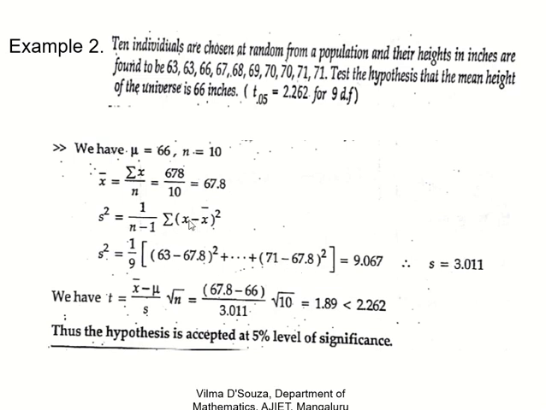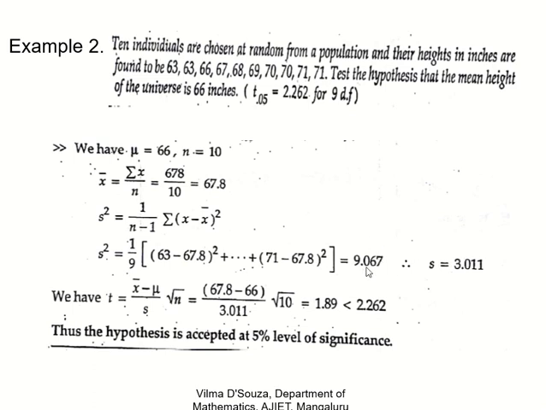For each x, you calculate x minus x bar whole square, find the summation, and divide by n minus 1, that is 9. Calculate, you will get it as